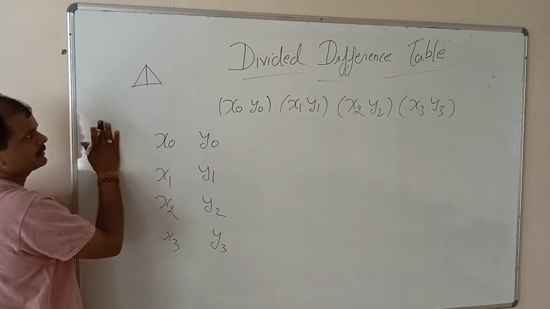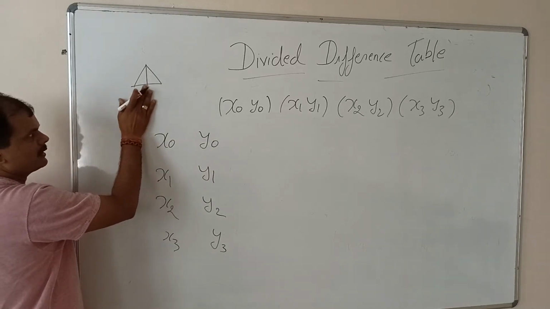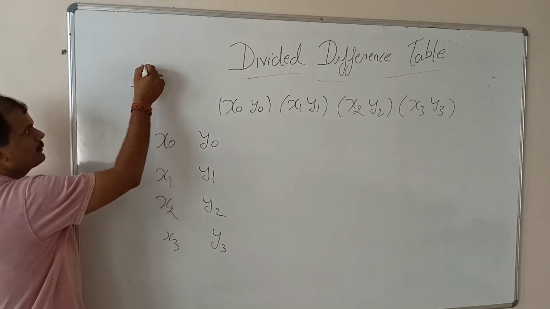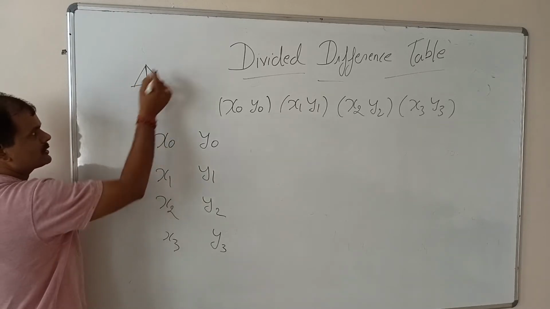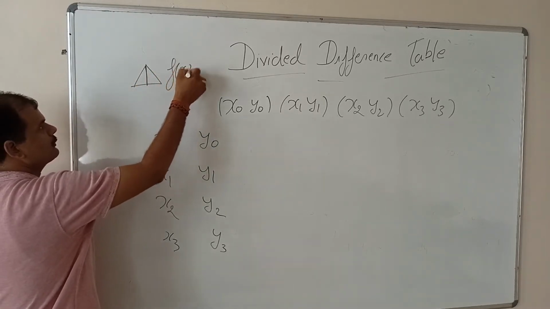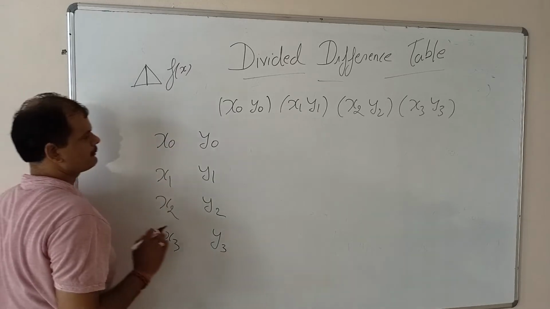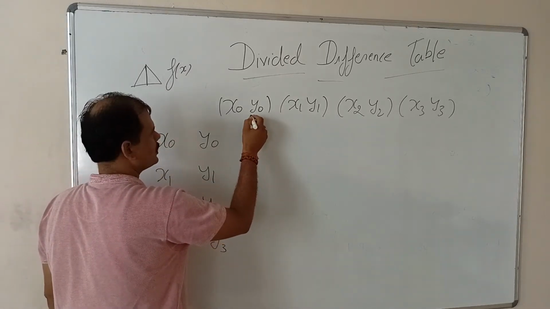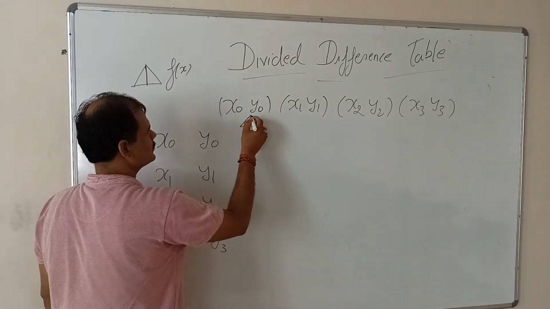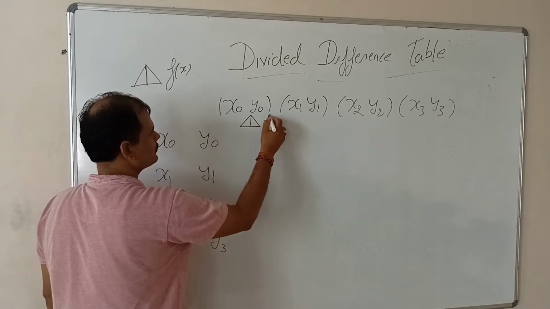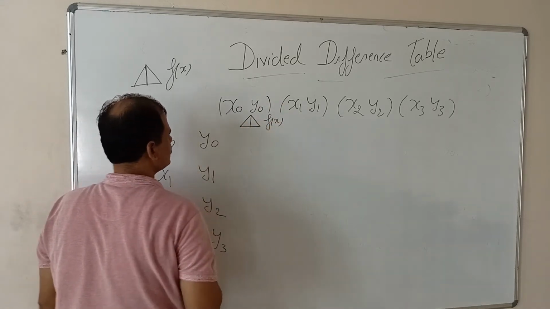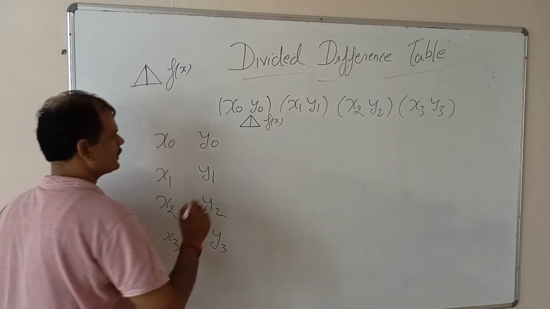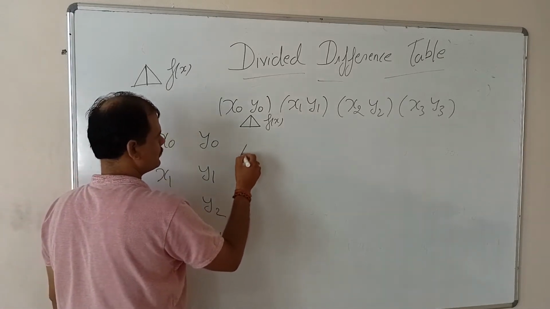a straight line. Same as the forward operator, but in the middle we have this line. So this is the notation of the divided difference of f(x). Let me write the first column of the divided difference of f(x). So here, the divided difference of y0,